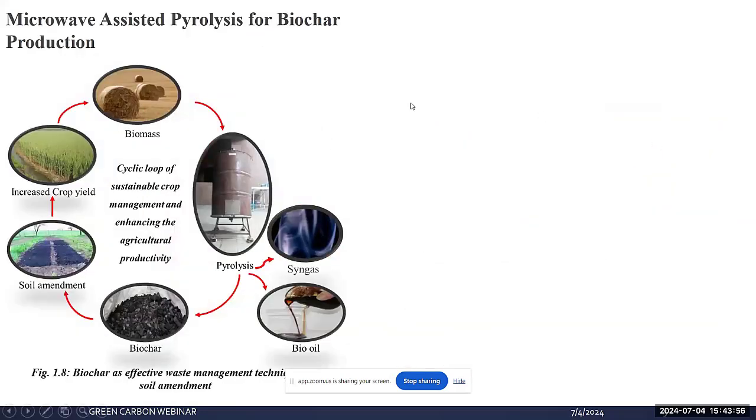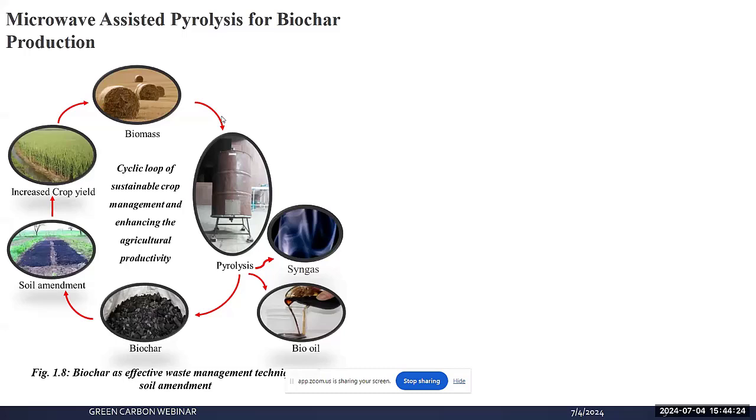I'll give you a brief intro about how this is produced. The biochar, after being used as a soil amendment, increases the crop yield, and the harvested biomass we are again using to produce biochar. So this acts as a cyclic loop of sustainable crop management, and it enhances